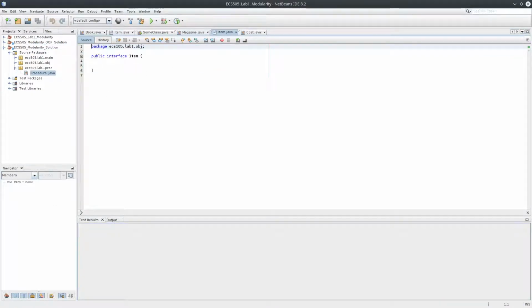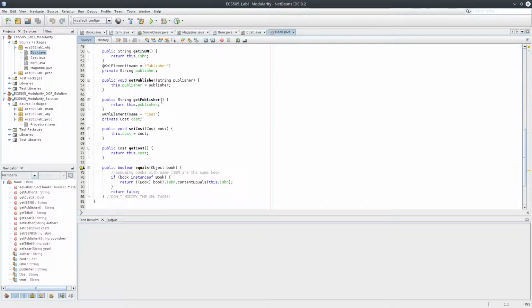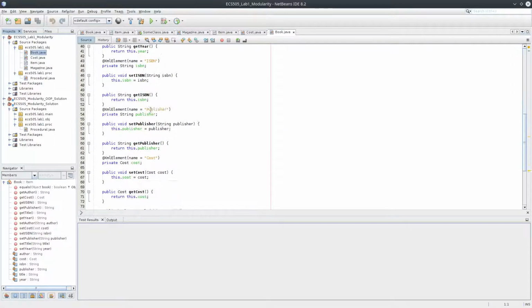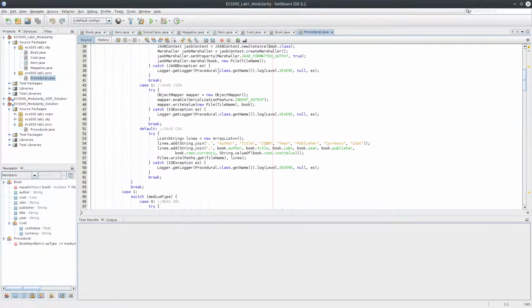Now I'm going to go through this solution to give you some idea of what it looks like. So the object-oriented one looks like this. There's a book that actually doesn't really read and write. There is an item, and there is also some class that actually calls this for reading and writing. You can copy them from here in order to read and write to book, cost, book and magazine types of item, and cost